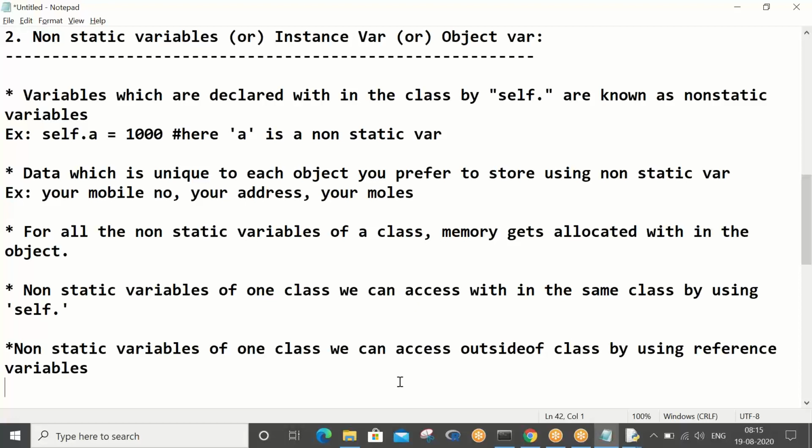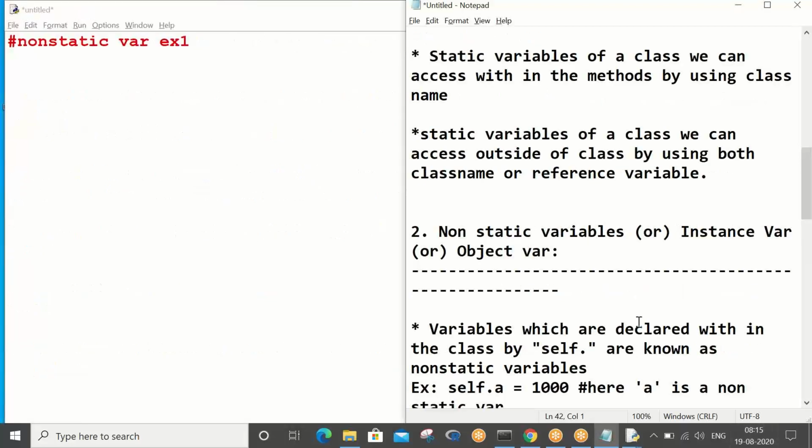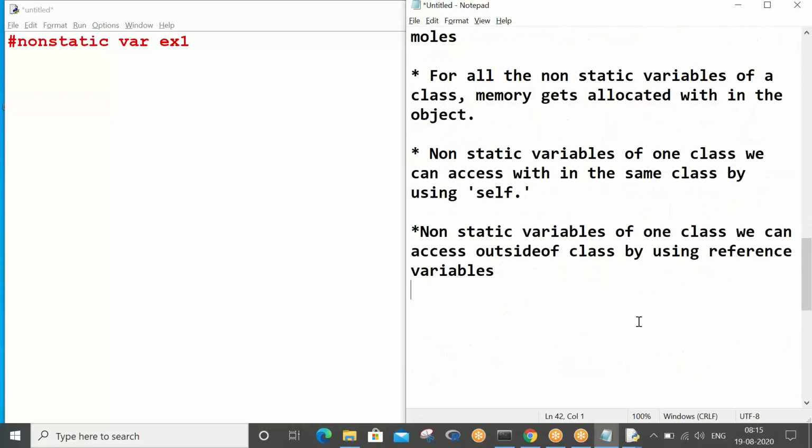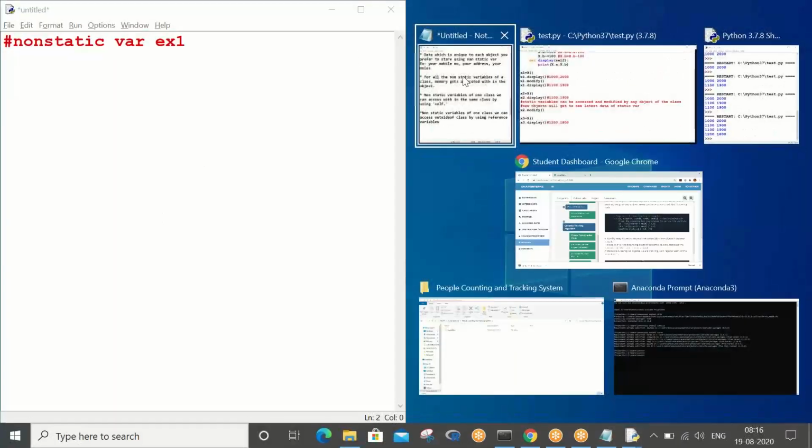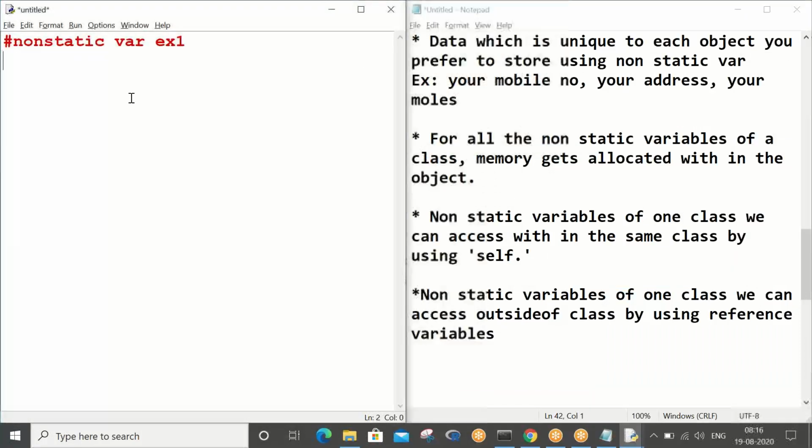Shall I proceed? Let me put this aside. So let's try to understand non-static variables: how do we declare, how do we assign, how do we call them.